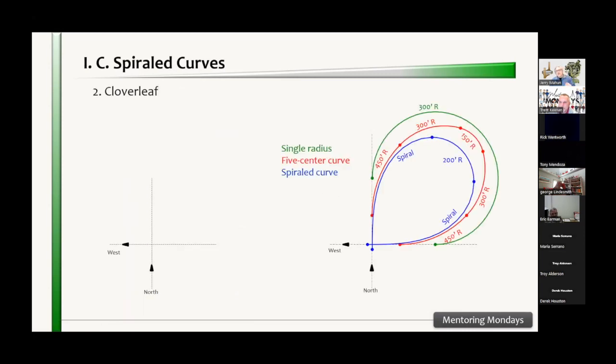Now, the other place where spirals come in really handy is in cloverleaf intersections. Everybody's driven through these, where a cloverleaf intersection is kind of unique because in order to hang a left, you've got to do 3 rights, okay? Because you're going through a transitional distance of 270 degrees, say in this case here. So the way we do that is by putting a transitional curve that goes between tangent to these 2 different